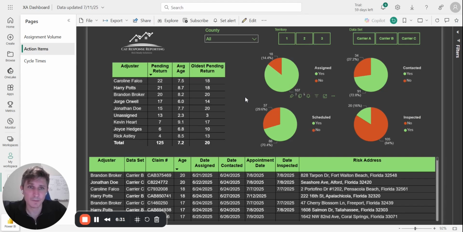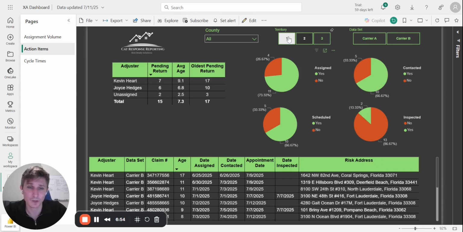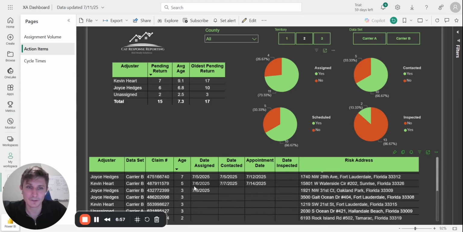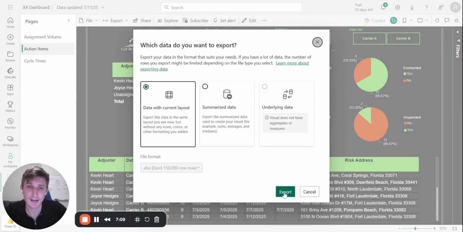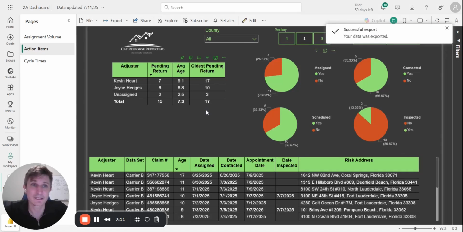So the next thing I want to talk about pertains to exporting information. While we're on this page, this is, again, items that have something that needs to be done. So if I were a manager and maybe I manage territory 2, I could come into this page of the dashboard, select 2 for territory, and then I could take this little granular table, and there's a little ellipsis here, and we could click export data, and I could click export,